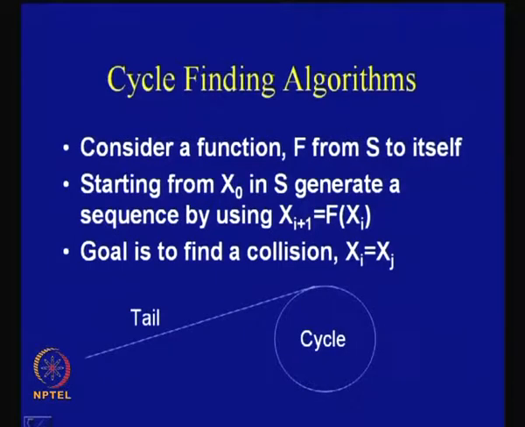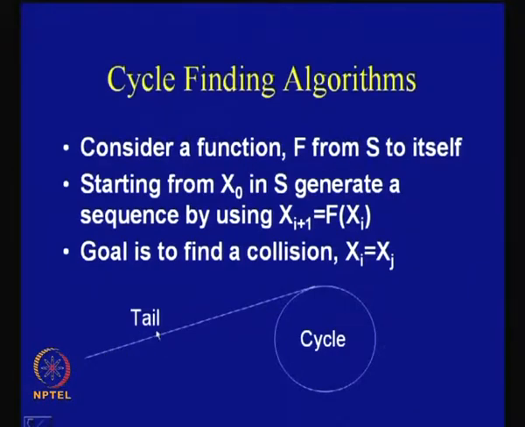Suppose there is a linked list which is very large, and I am interested in finding a cycle in the linked list. So this is one question that may appear. One way of doing that is to go through the entire linked list and store a huge amount of data, and then once you see a repetition, you report a cycle. But can we do better than that?